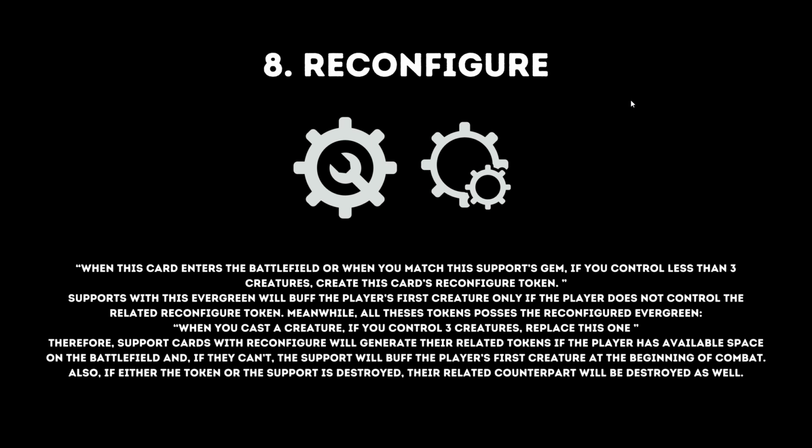it basically goes poof. Therefore, support cards with Reconfigure will generate the related tokens if the player has available space on the battlefield. If they can't, the support will buff the player's first creature at the beginning of combat. Also, if either the token or support is destroyed, the related counterpart will be destroyed as well. So, if you replace the token with a different creature, your support goes away as well, which is really stupid